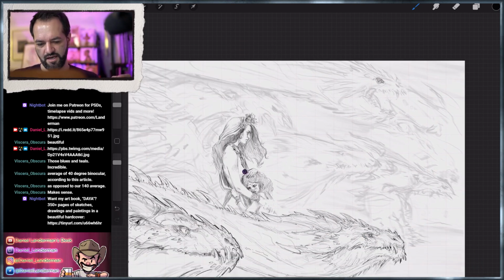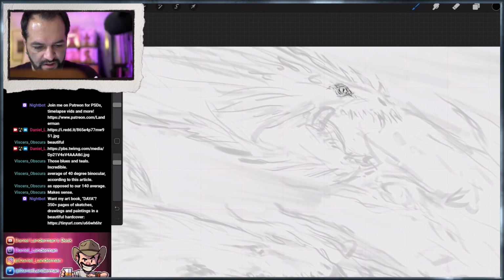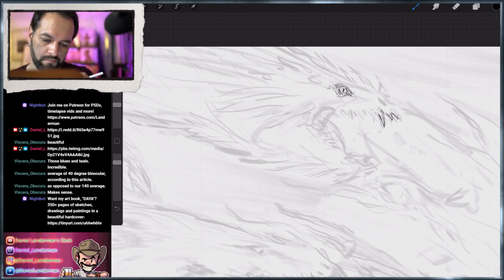Seeing how I want this guy to be different, his own unique snowflake. I don't know if it's a boy. It could all be female dragons for all I know. I think we'll try...